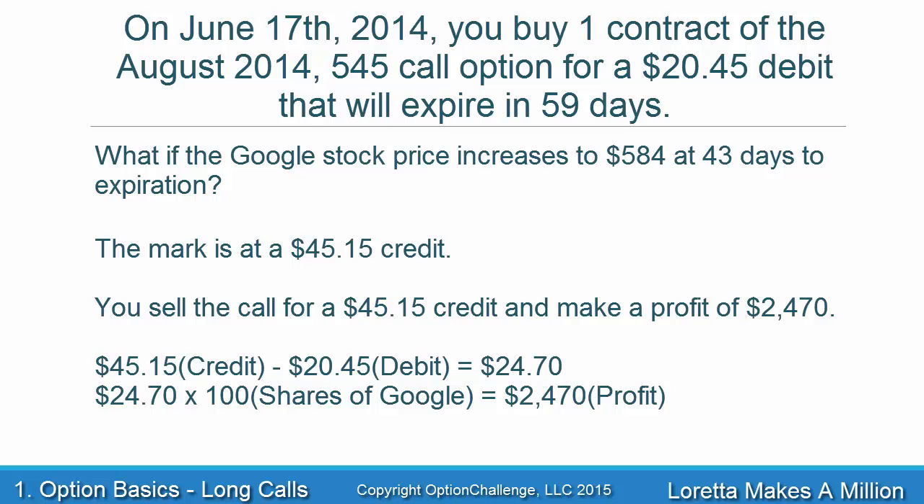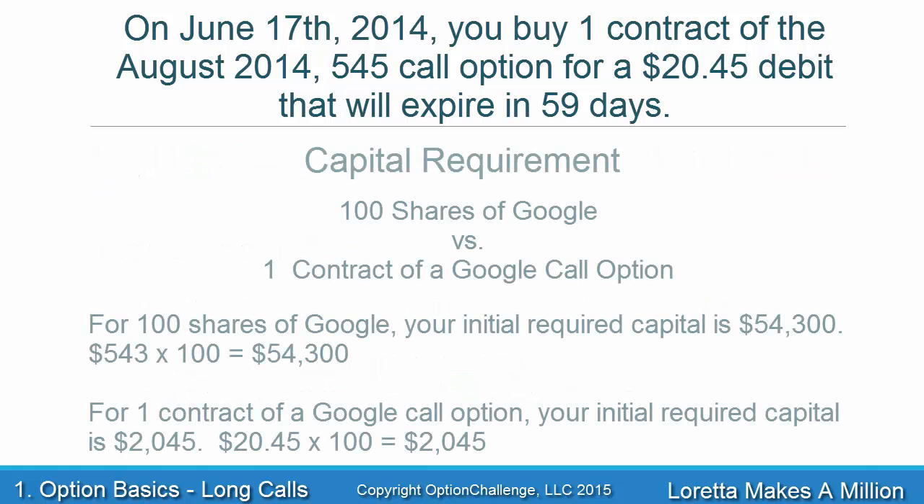$24.70 times 100 shares of Google would equal $2,470. You made $2,470 without ever owning any stock. Now let's compare how much capital is required to buy 100 shares of Google versus one contract of Google call